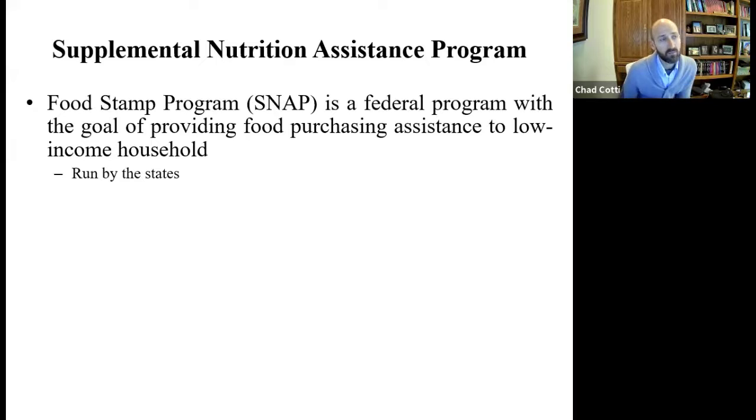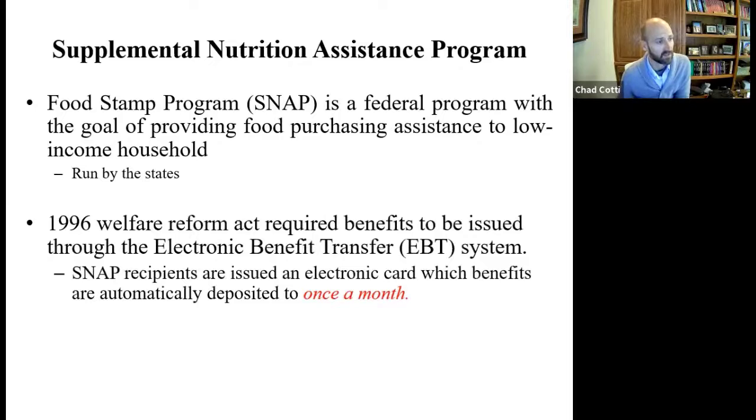A key change about the timing of receipt of benefits occurred in 1996 with the Welfare Reform Act, which put everybody into an electronic benefit transfer system, whereby SNAP recipients have, in essence, a debit card. What's key for our thinking today is that whatever day is the food stamp receipt day for a particular household, they get populated to the card on that day. Also important is that regardless of how many days a state provides benefits, any particular household only receives its benefits on one day.